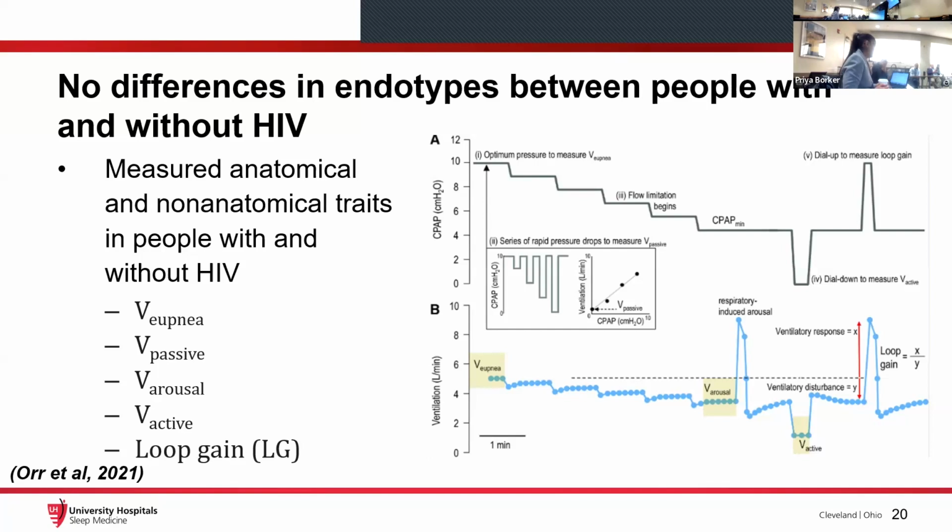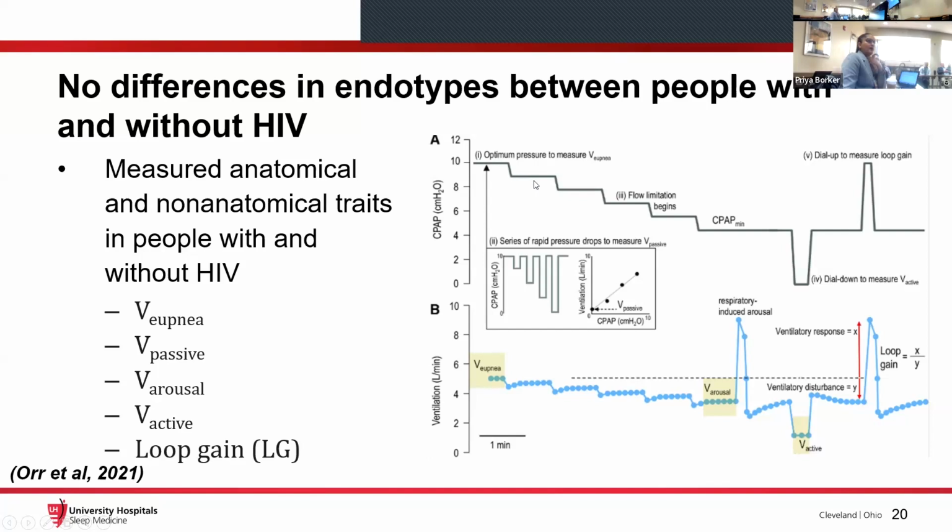And so they have a protocol which can evaluate these different pathophysiological measures. Initially, at the onset of the study, they have people at the optimal pressure, the holding pressure they call pheupnia, where they can measure their ventilation. They then subject the participants to a series of rapid pressure drops in order to measure the passive ventilation,